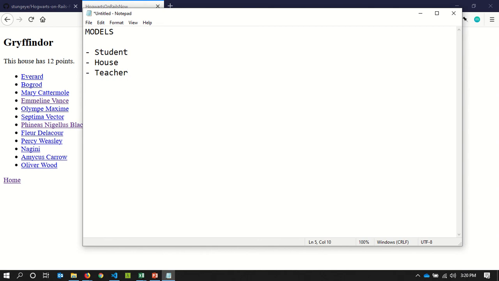The teacher model is effectively going to be very similar to the student model, right? Because the student has a name, and the student has a house ID, which is a foreign key. Well, that's going to be the same for teacher. There's an argument to be made here that I could actually have one model with a role on it, right? Like, I could have a person model, and that person could be a student or a teacher, but